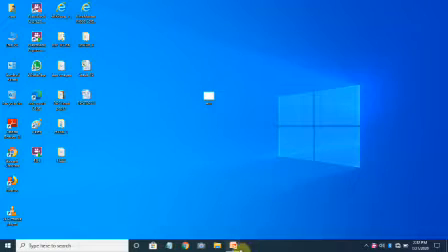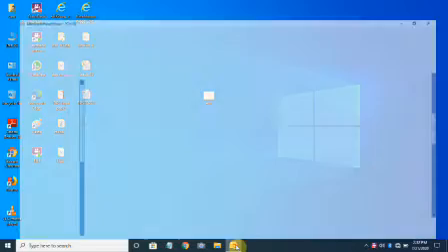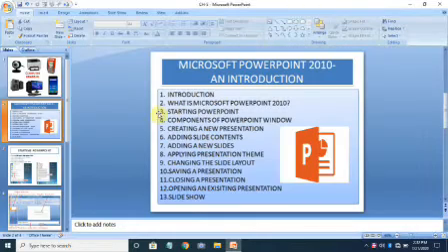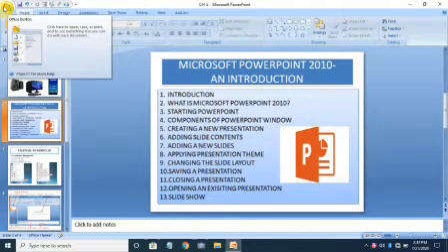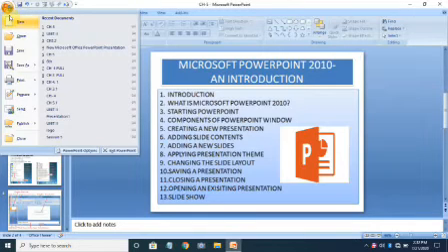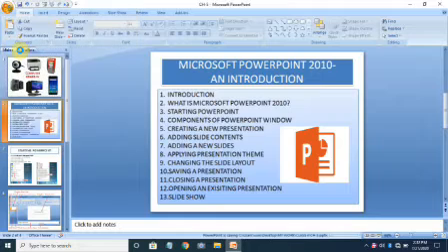I want that presentation file should come here in the desktop. So what we will do, we will go back to the presentation file, and here we will find this button, okay, office button. When you will click here, you will find a option save. Click on the save button and automatically your file or presentation will be saved.